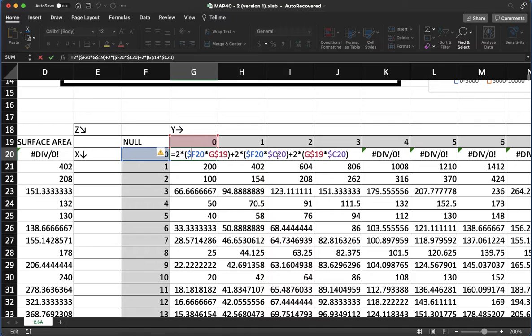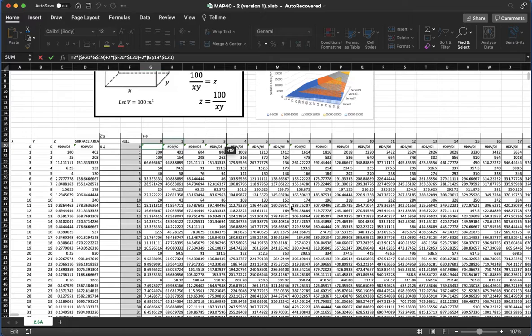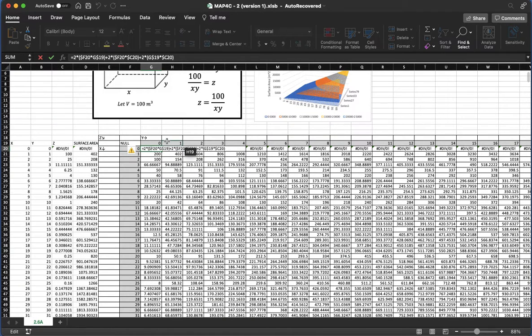These dollar symbols in this equation allow us to lock in specific components of our reference. This is locking in the column for F, and the case here is locking in the row. Okay? So regardless, we were able to get the surface area for each of the different configurations of x and